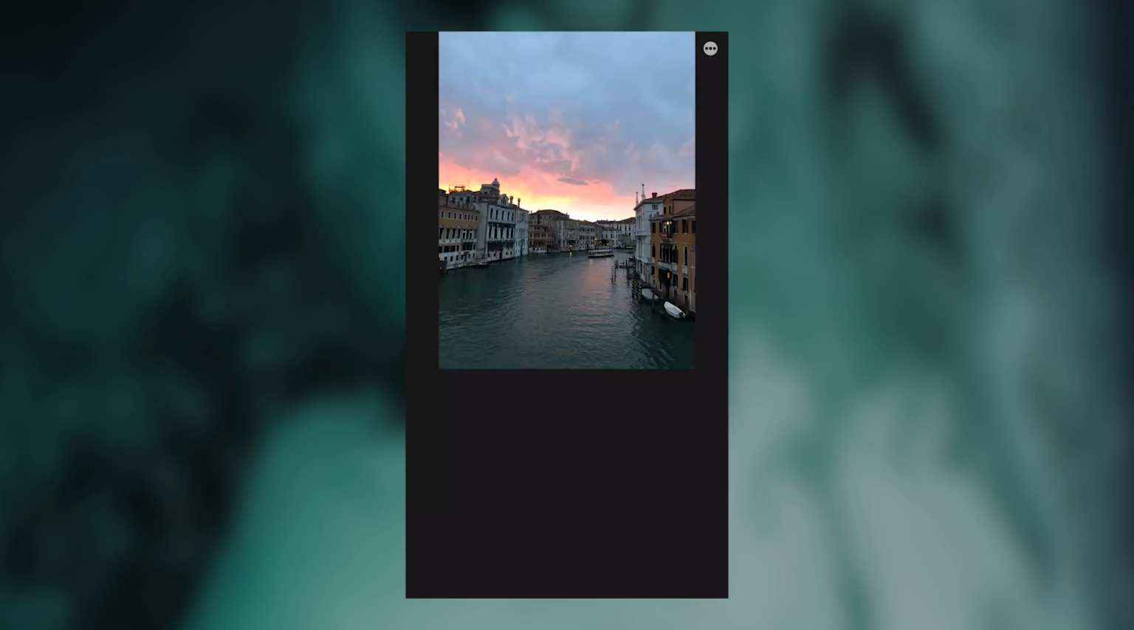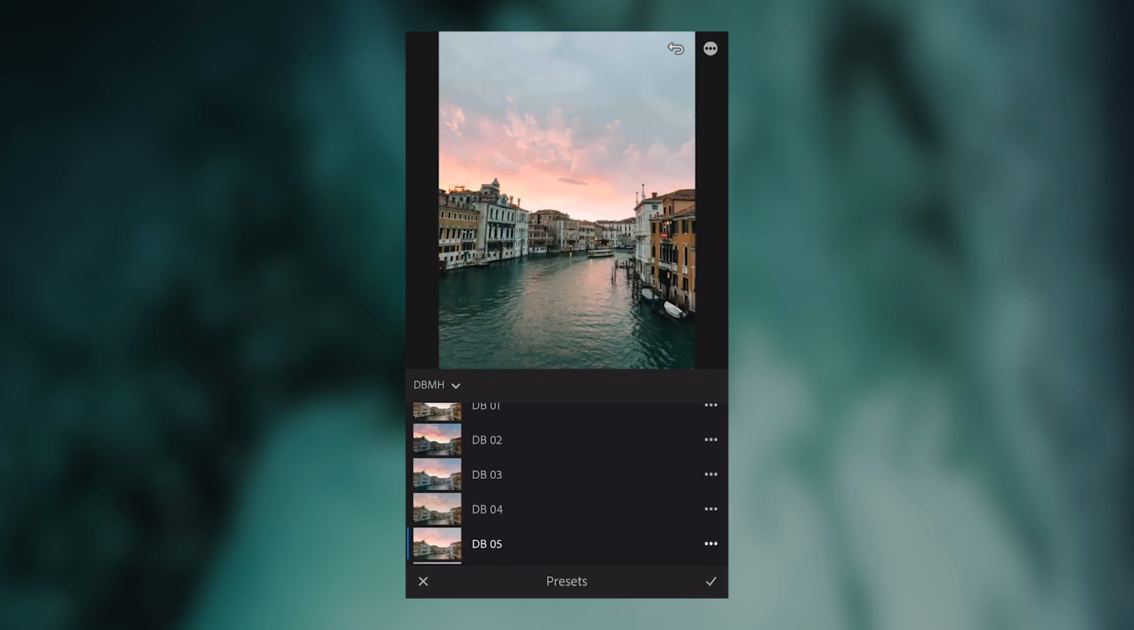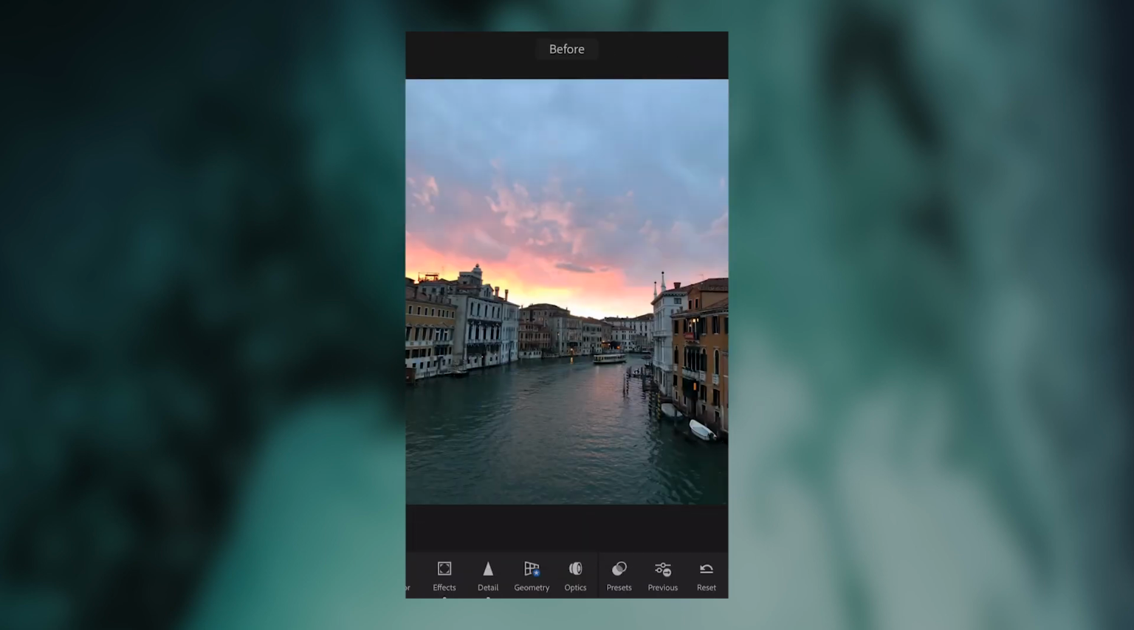and I'm going to be using DB5 for this one. So if we scroll down to DB5, apply that, we can already see that it's given the blues a bit more of a teal color, also brighten up the highlights quite a bit. We do seem to be losing some of the sunset though,